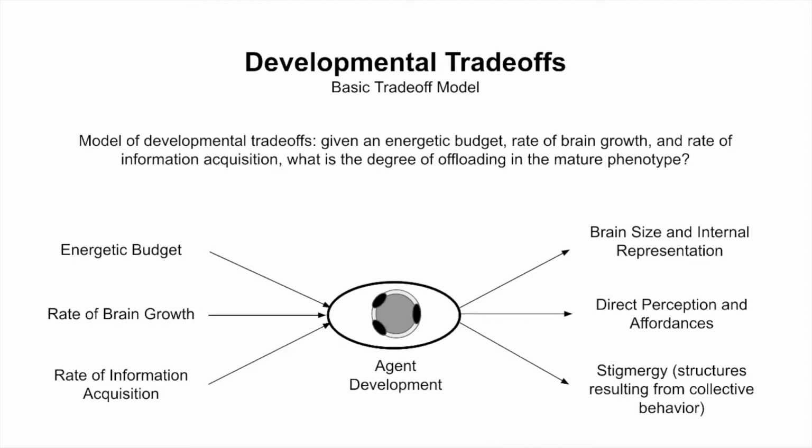It gets invested in brain size and internal representation. It gets invested in offloading, which comes in the form of direct perception and affordances, and something called stigmergy, which is social interaction based. These affordances may require some energy, but maybe not as much as developing an